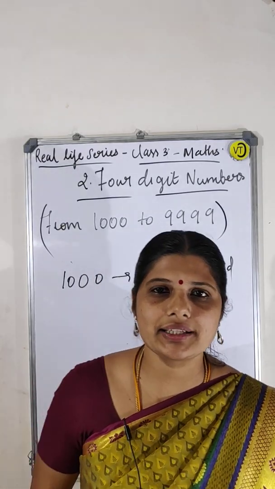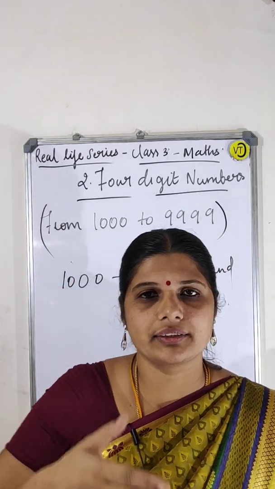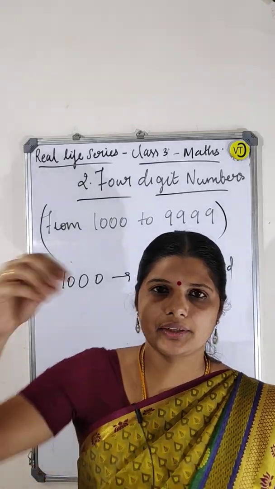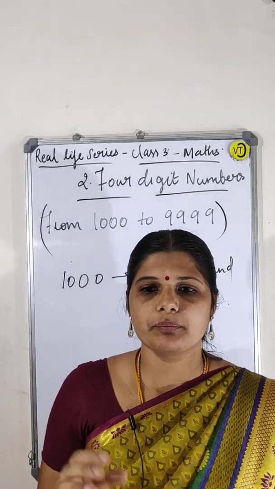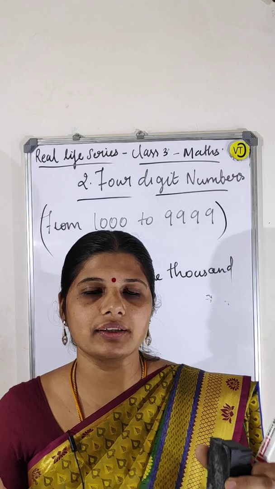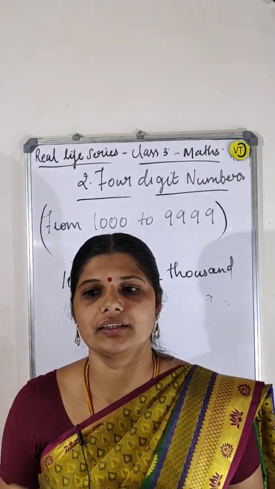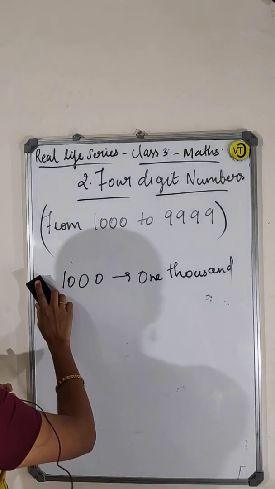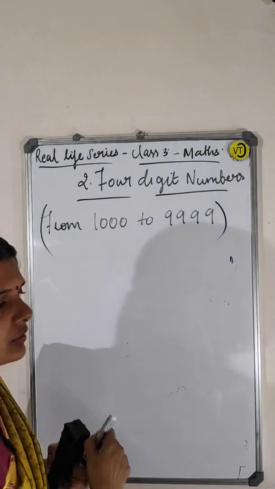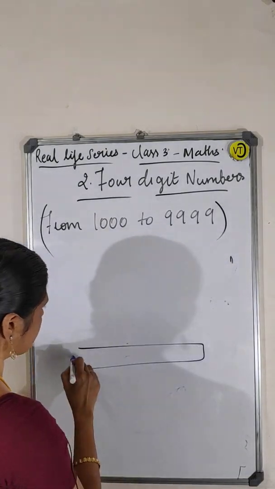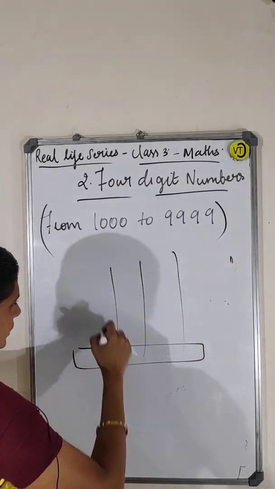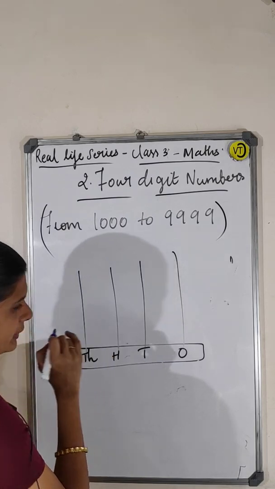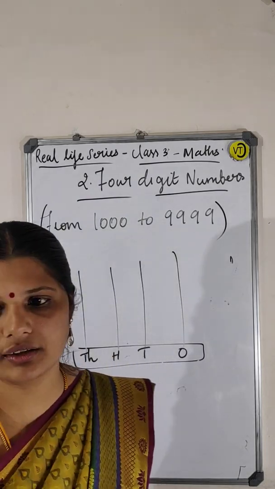You know abacus, right? Some rods will be there. In that rod you will be having some small color beads that you can keep. By using the abacus you can learn the numbers very easily. Right. So you have the abacus here. Say I can draw the abacus. Here this is the abacus. This is the rods. It is the ones, tens, hundreds, thousands place. Right. 4-digit we are seeing.